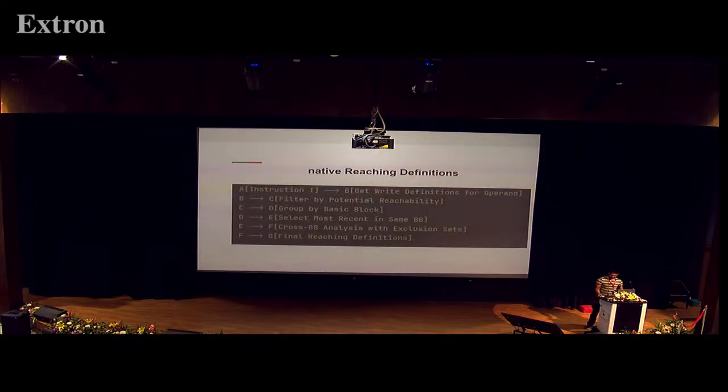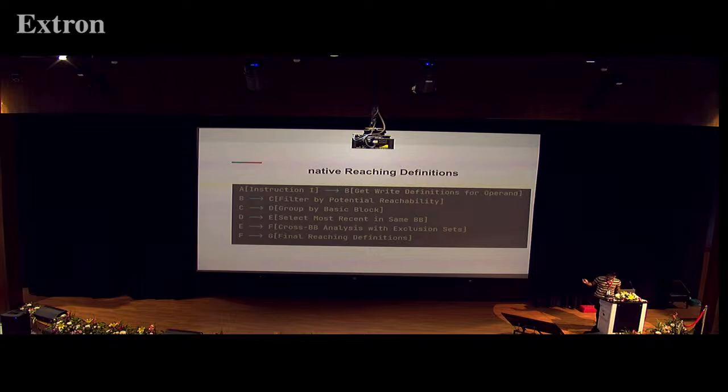Now, what if I told you that the RightDevs map is not required at all? This is where the reaching definitions approach comes in. The reaching definitions take the RightDevs map, where basically for every location you have the list of instructions which write to that location. Then for a target instruction, it removes all the instructions which don't actually reach the place, hence giving us our final reaching definitions.